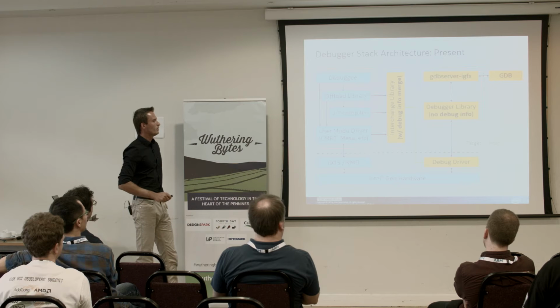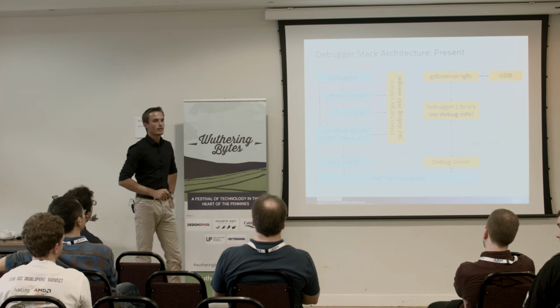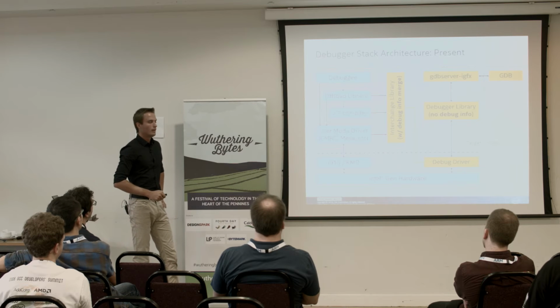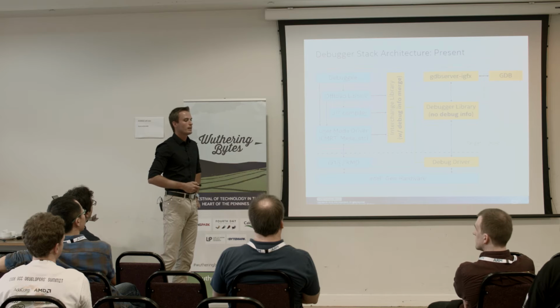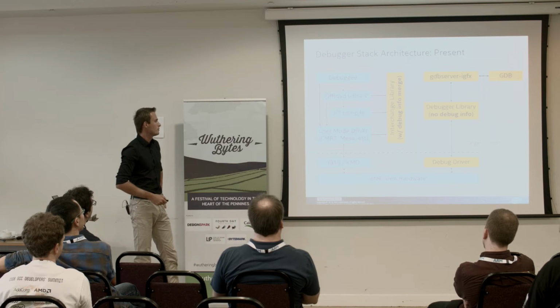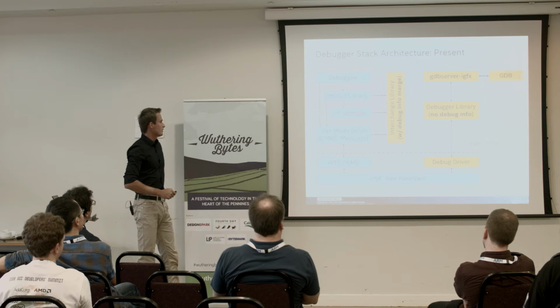So right now, the debugger no longer cares how that debug information is being generated. Every single runtime should take care of its debug info, right? The debug info has just to be there, or if it's not, you're just left with assembly level debugging. This is because in a lot of these scenarios that I've mentioned before, like Mesa and Beignet, you no longer have this piece here. So you have some library or some runtime,